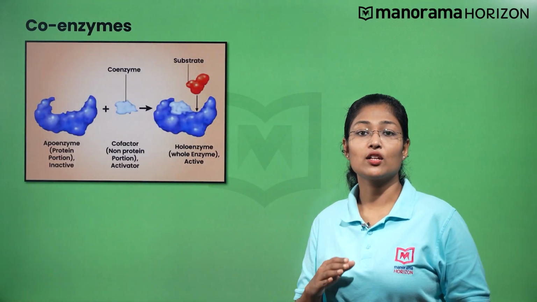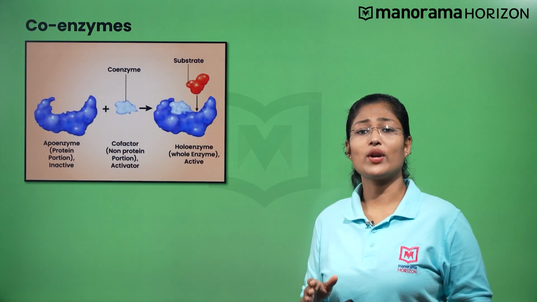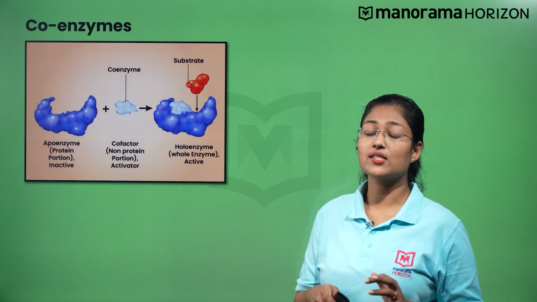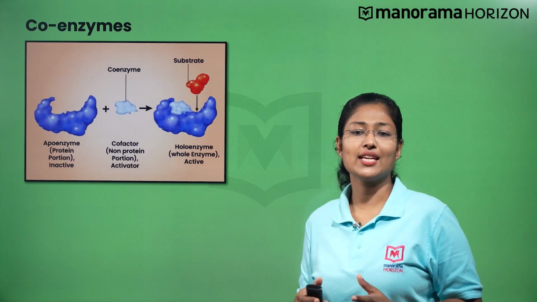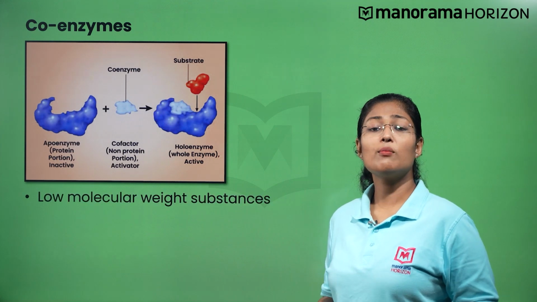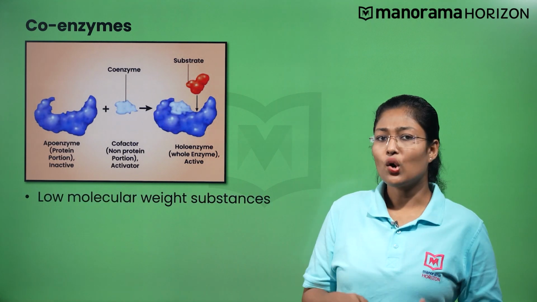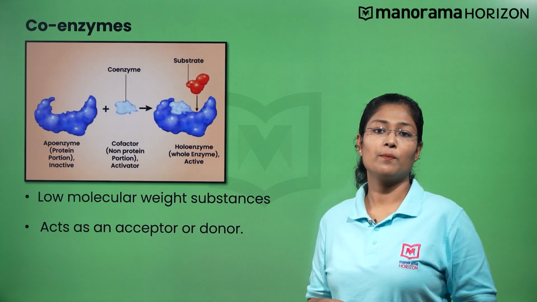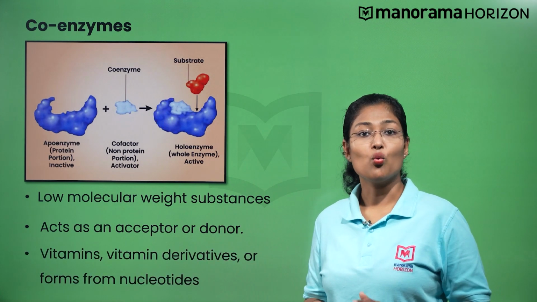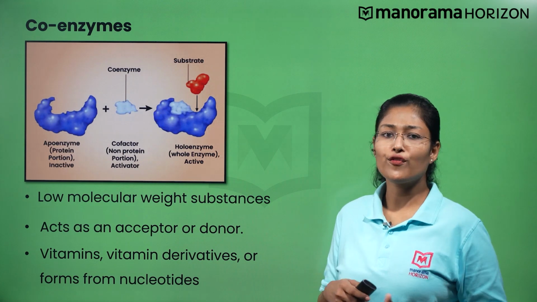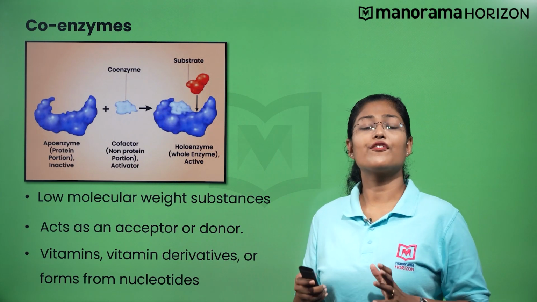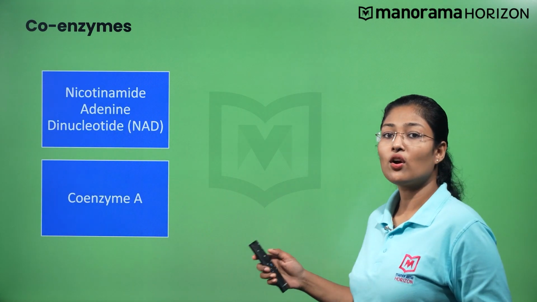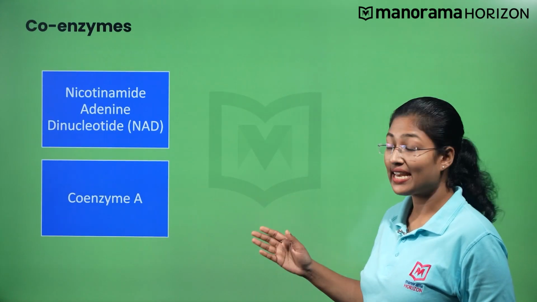Next, we shall study coenzymes. They are also small organic compounds, but their association with the apoenzyme is only temporary, usually occurring during catalysis. They are low molecular weight substances. The coenzyme usually acts as an acceptor or donor of an atom or a group. Most of these coenzymes are vitamins, vitamin derivatives or forms of other nucleotides. Two of the most important and widespread vitamin-derived coenzymes are nicotinamide adenine dinucleotide, NAD, and